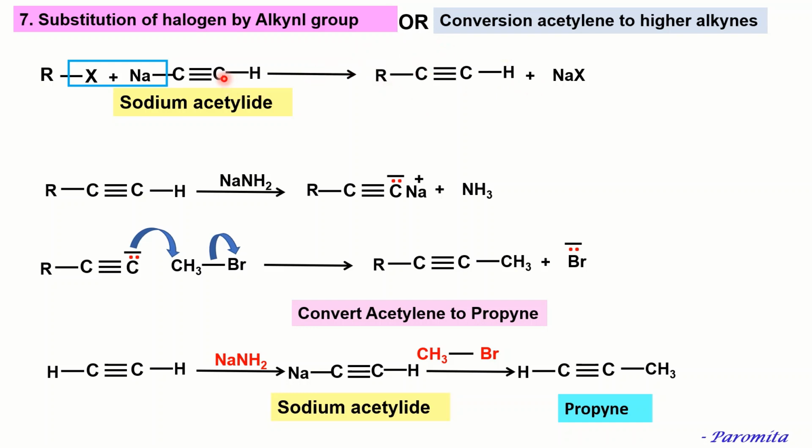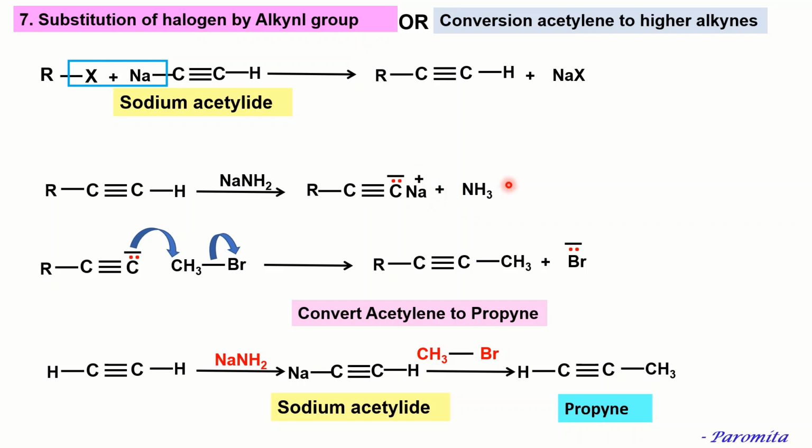See this acetylene or sodium acetylide, it contains how many carbon? 1, 2. But this alkyne contains more than 2 carbon. So if your starting compound is acetylene, from where we are getting the sodium acetylide, you are arriving at a higher alkyne. Now this higher alkyne reacts further with NaNH2, sodamide. Now this sodamide will abstract this acidic hydrogen from this alkyne and it will give you RC triple bond C minus Na plus